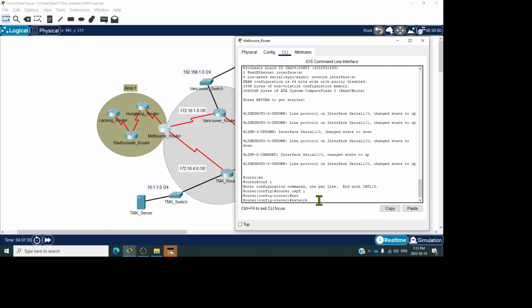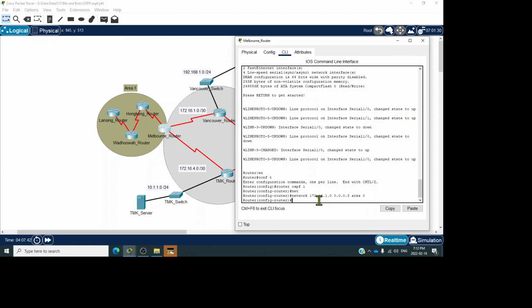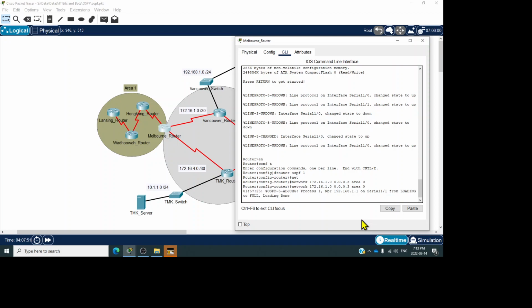So let's see, 172.16.1.0 and wildcard will be 0.0.0.3 and area will be area 0, right? Okay, now again the other network it's connected with is, we just change from, yeah, see